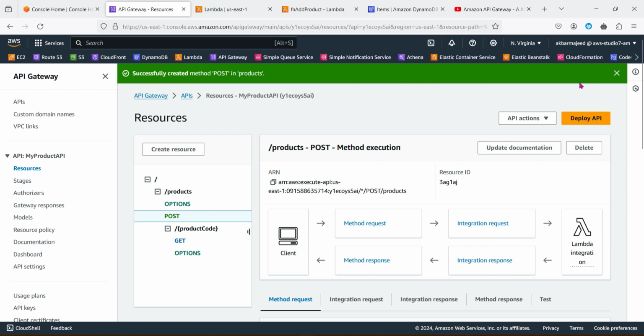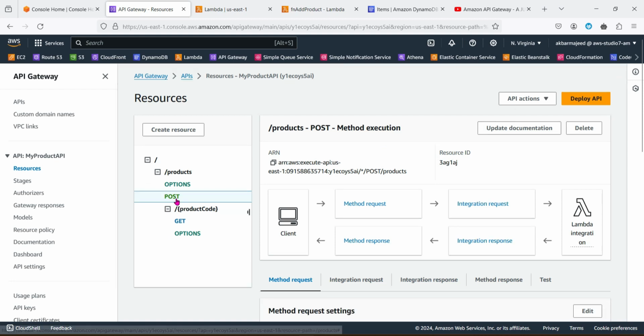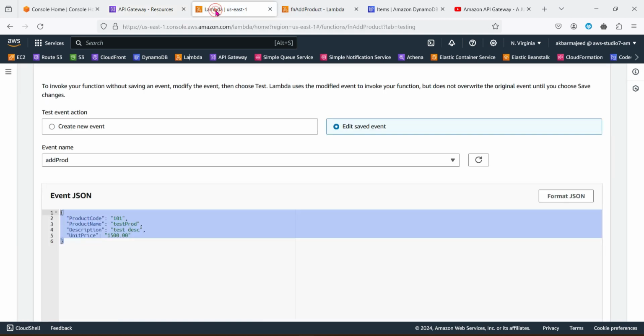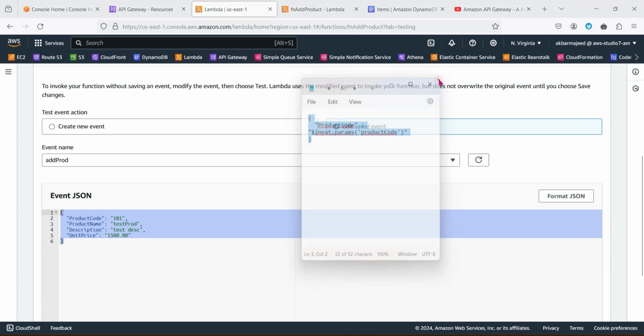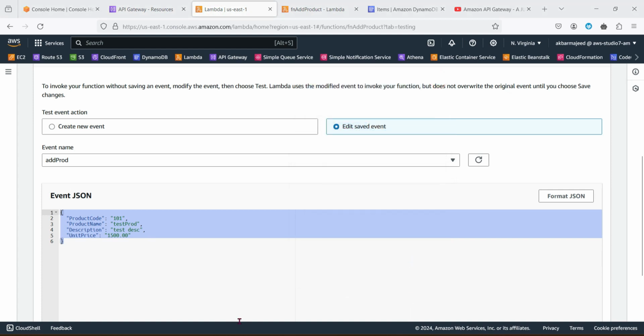Now my method is created already. It's a POST method, created already. So this is the flow. The client will send the request to the Lambda function, but I have to send the payload as expected by this Lambda function, the same way. So for that I need to use the body mapping template to transform the